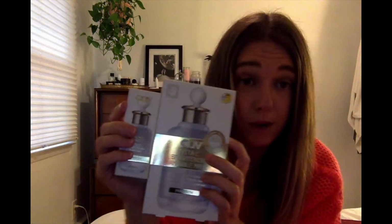Very, very nice. And then I'm going to jump ahead a little bit just because I'm talking about CLIV, they have always given me the corresponding sheet mask that goes with that. So there's 5 of them in here, and this is Radiance Ampoule that brightens the skin's natural light by adding brightness to lifeless dull skin. That's great that they give you both of these. You could also do a double treatment where you put this on first and then you lay a sheet mask over that,